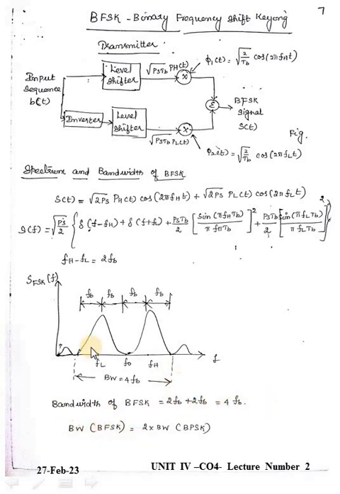So the bandwidth for BFSK is twice the bandwidth of BPSK. The bandwidth of BFSK is equivalent to 4 fb, and when we compare this with BPSK, it is twice the bandwidth. Okay. Then